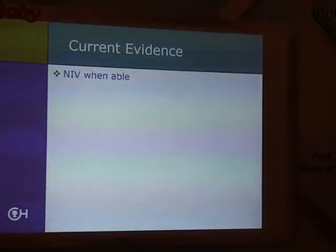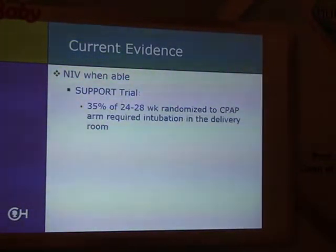So looking at all the things that occur with mechanical ventilation, we say non-invasive support when able. Of course, I gave myself away with most of my other talks today, in my opinion, that isn't always the best thing. But we need to know when to say enough is enough. But the SUPPORT trial